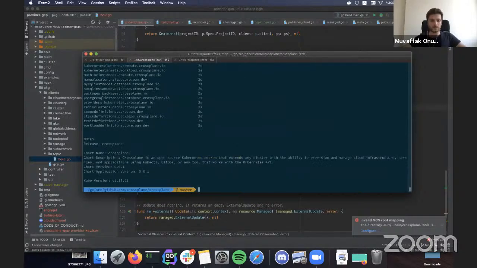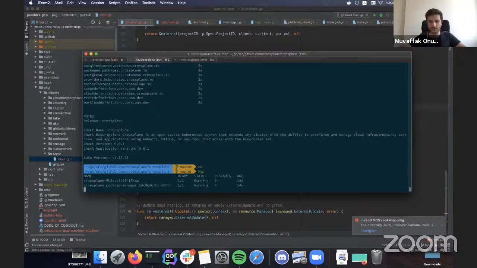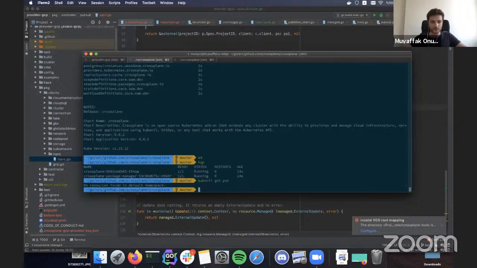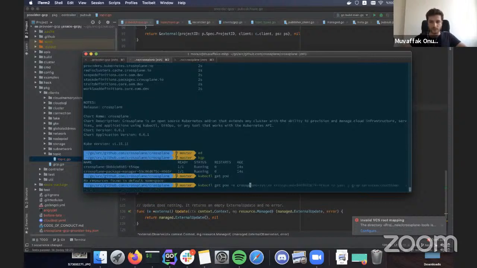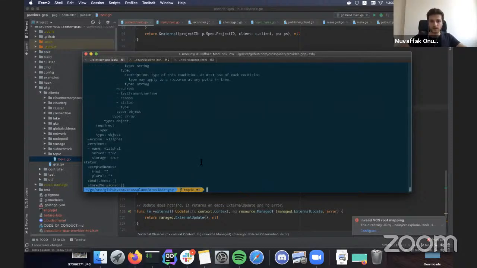So I have a few aliases. ed makes sure the namespace is crossplane-system. K is kubectl, G is get, and P is pod, essentially. So kubectl get pod. So I've got Crossplane running in my crossplane-system. Cool.